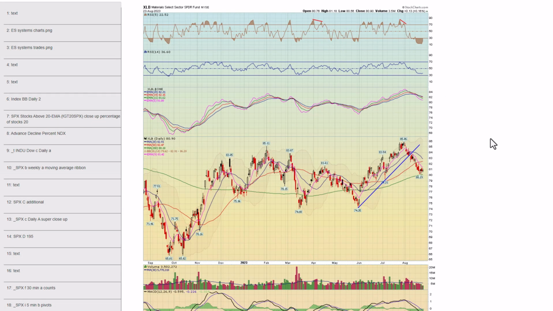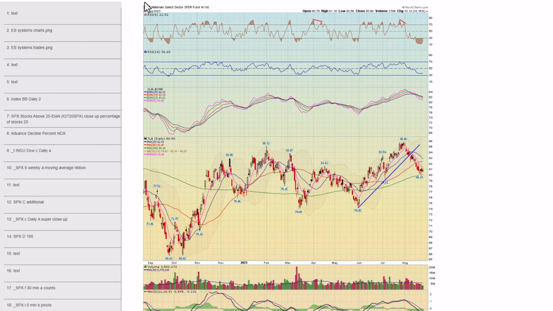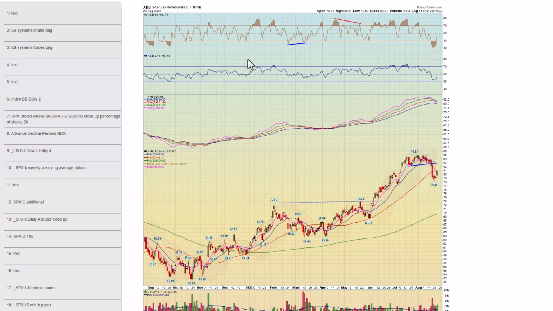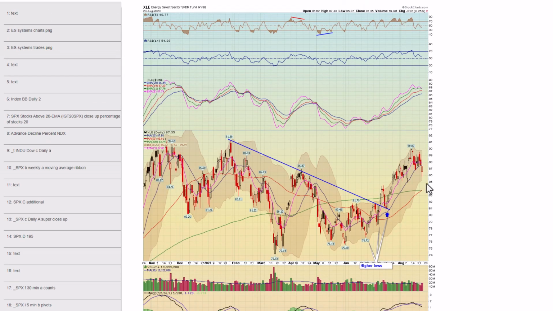Next, Chart 38, materials down around its 200-day moving average, could be an area to bounce. Chart 39, home builders. Remember, this was a short idea I put out last week that played out beautifully. Hopefully you took your profits as it's bouncing back. Though I do think this is also going to form a lower high on this bounce, so you may get another area to short if you monitor it. Chart 40, XLE Energy. This has been weaker lately. This did come off the lows today, but it was getting quite overbought.